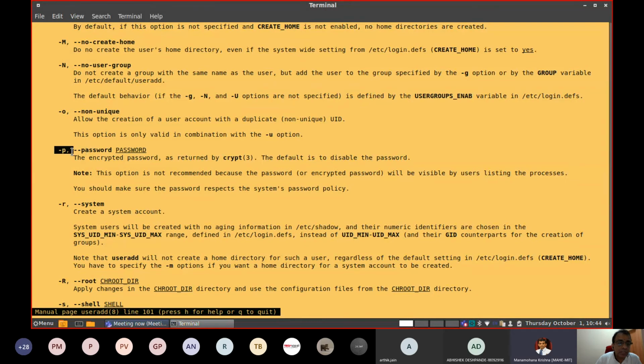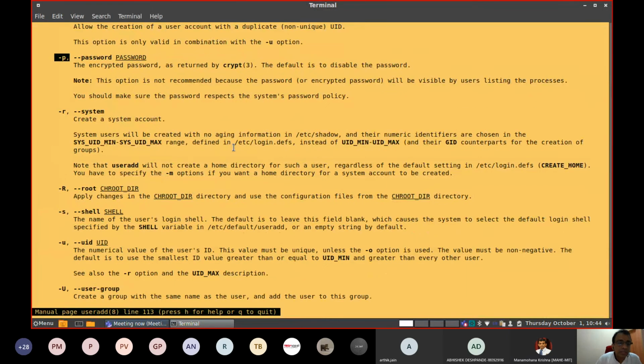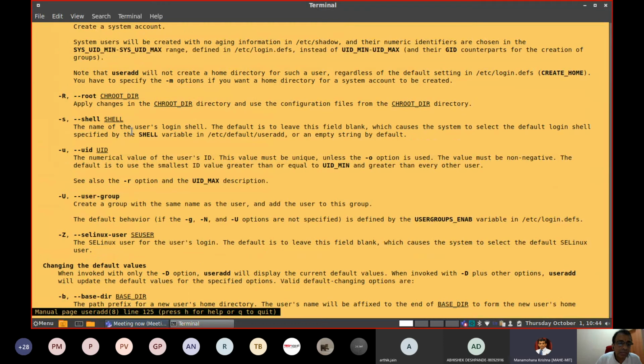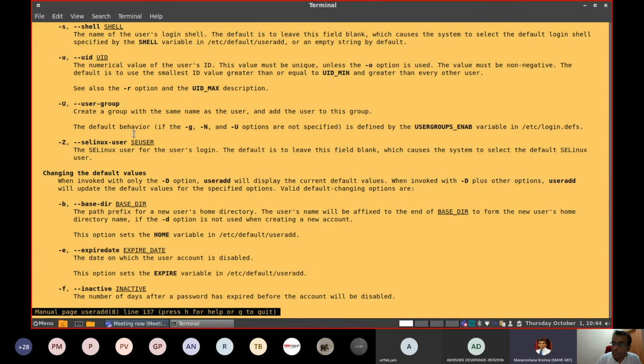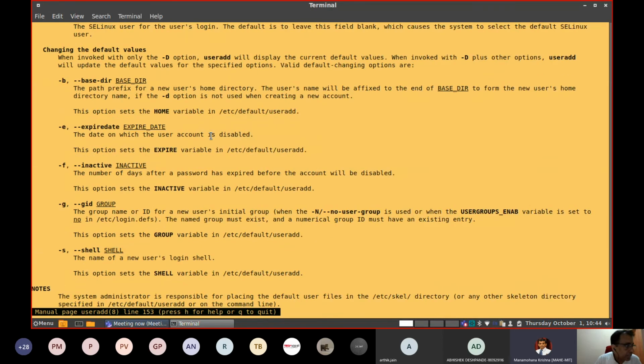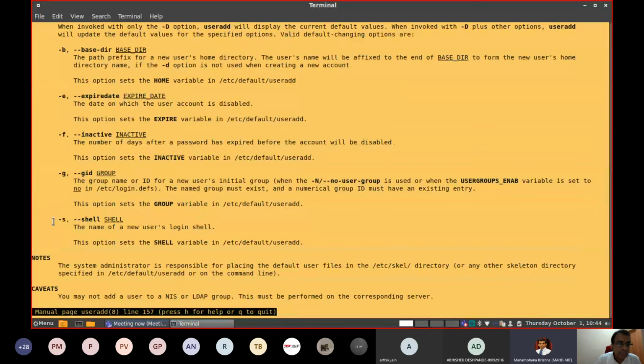And there are different options. Carefully look into these different options. Say, for example, if you want to have a specific shell, you have to say -s. By default, you remember, it created sh. If you want to create, say, bash as the default shell, then you have to say -s space /bin/bash.